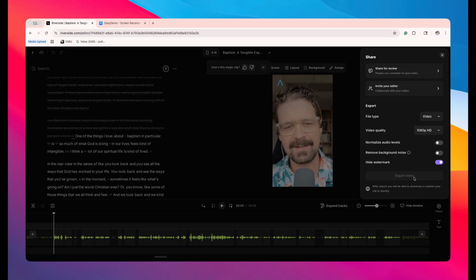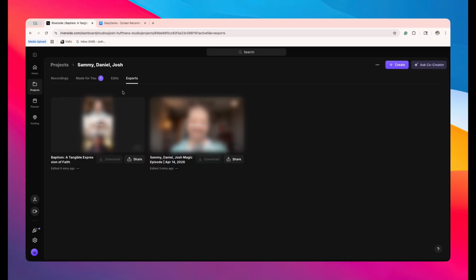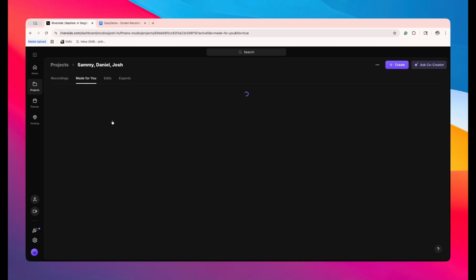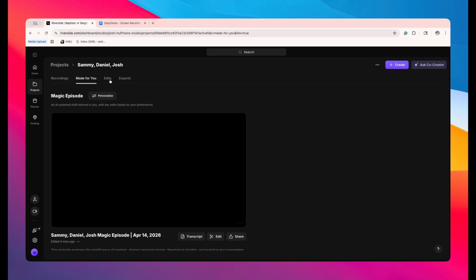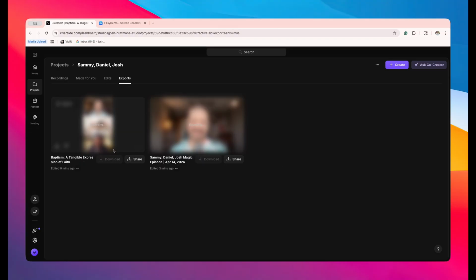Let's just hit export video. We'll see what happens. Okay. So then we'll go to the exports. So we got a recording, which is what we did. We got our made for you page. Okay. We have our edits, which should be nothing. And then our exports. So while this is loading, what we can do when this is done,